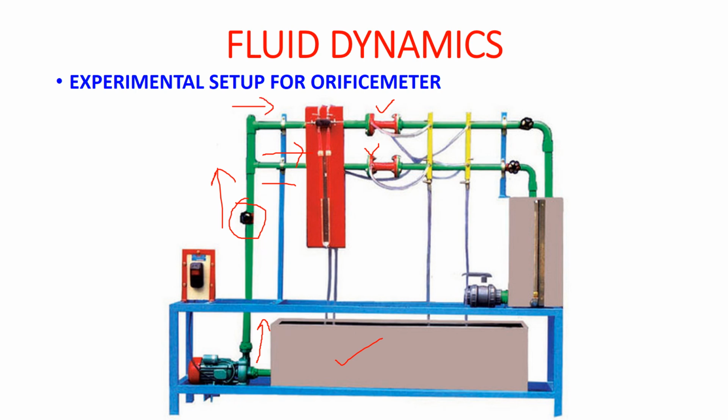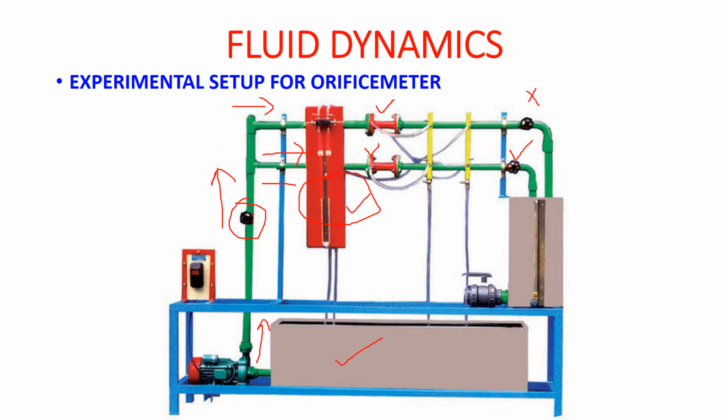But if you are taking the reading for orifice meter, then close this wall, okay, this wall, and open only this wall, so that all the water will flow through the orifice meter and it will be sent to this collecting tank. So at that point, measure this H value, that is the difference in the mercury levels, and this value you can put in the equation of Q which we have derived in this lecture. Okay, that is Q is equal to under root 2 g h, A Cd into A naught A1 divided by under root A1 square minus A naught square. So that is the value which we can use with the help of this manometric difference.